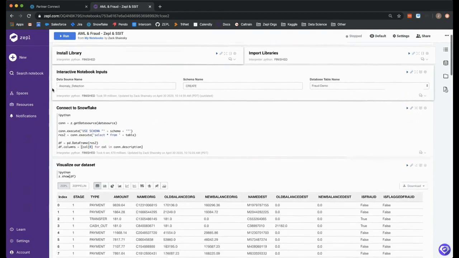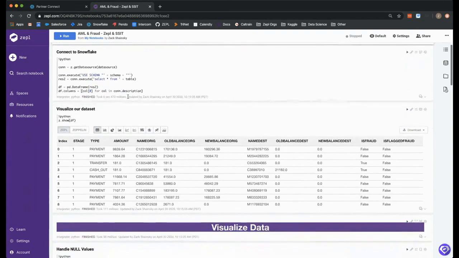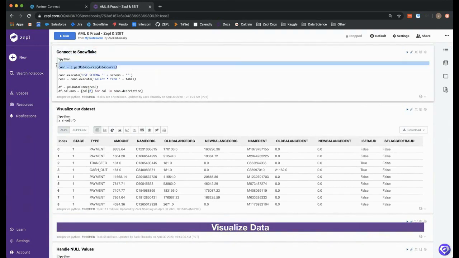So within this analysis, I wanted to provide more of a dashboard-like feel to my users. And so I've created a few different inputs here at the very top. I want to specify what data table people are able to connect to, what data source they should be connecting to, and then take those inputs and use them in my notebook and in my code here. So you'll notice that when I make this connection to Snowflake, there's only one line of code